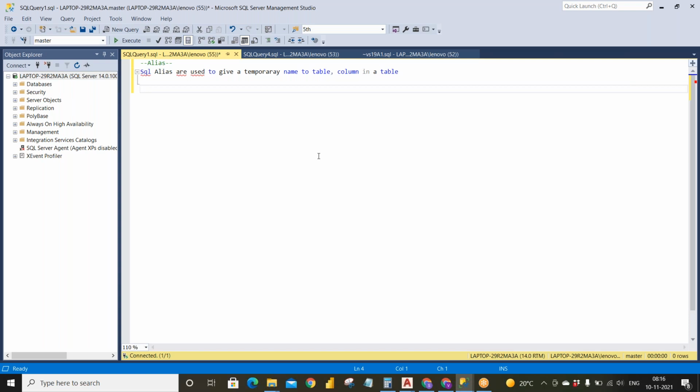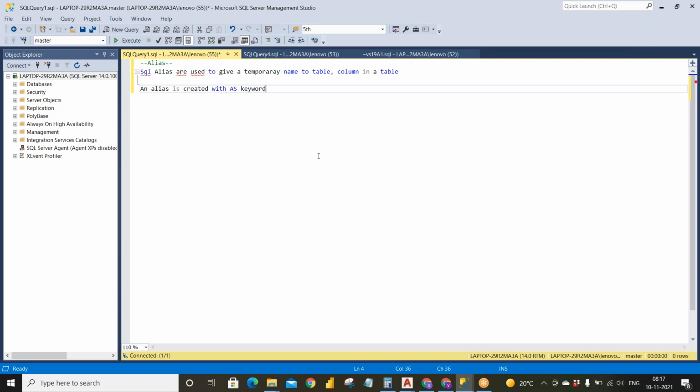If you think about the alias, it only exists for the duration of that particular query. Only at the time you are executing does that name exist, and the alias is created with the keyword called AS.